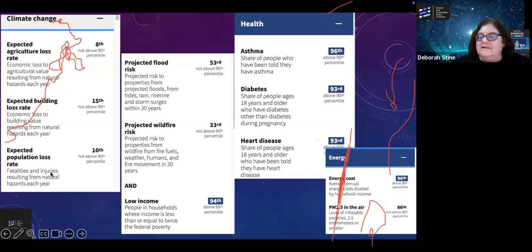I was not surprised about particulate matter, because this is an area where there used to be a lot of steel mills, and so there's still a lot of particulate matter in the air. I think the energy costs are high because a lot of the older Pittsburgh housing was built poorly, without any insulation, and in Pittsburgh we sometimes have very cold winters. So that's probably why their energy costs are high.